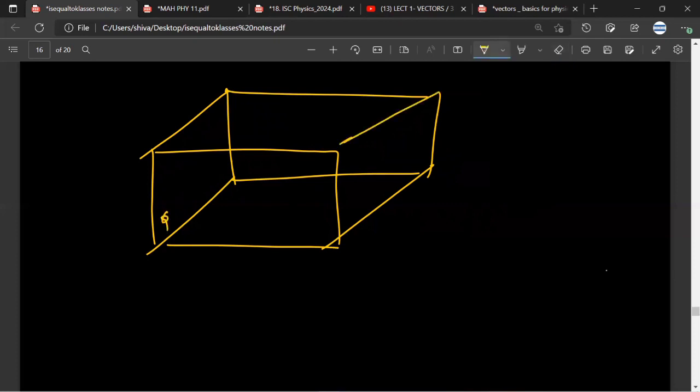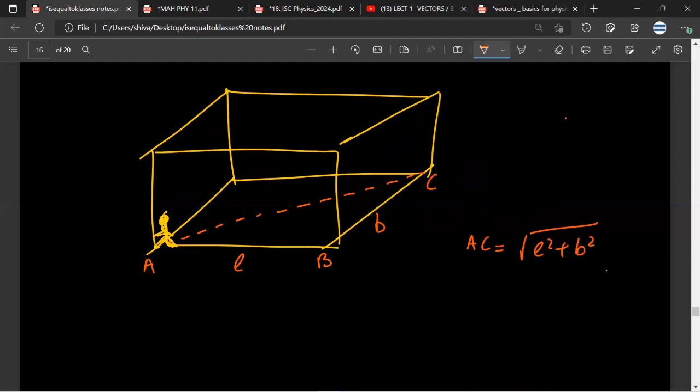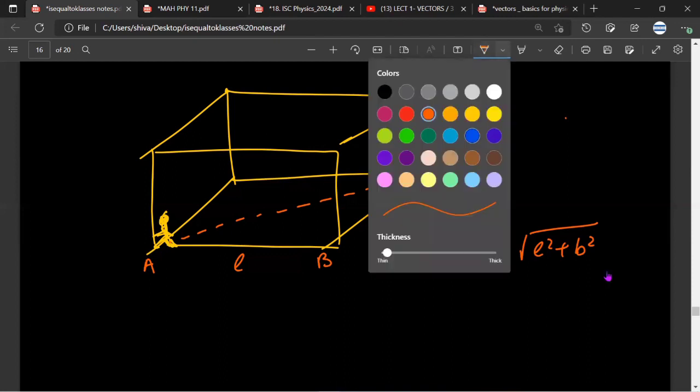This is where you are standing, and this is L. This is B. First, I told you that this AC is root of L square plus B square, and then I told you that if CD is H, then if you have a rod, or another thing that you can do is, have you ever